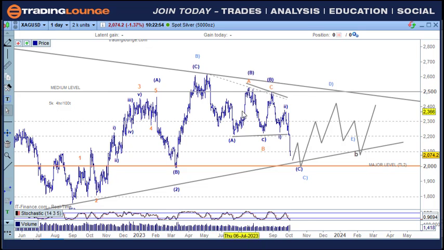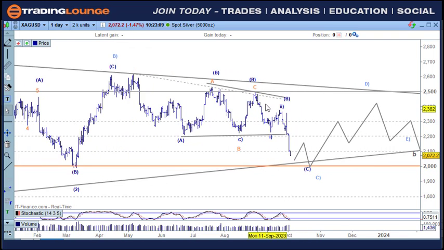You could also go an A, B, C, D, and E over here, and you could have the B wave over here for this. I don't think that's the case, because that would have to end it right here. I think there's a bit more to it than that. So at minimum here, I think we should be looking at wave 1 and 2 here, and 3 and 4 and 5 here. So we can do that pathway. So basically we're going to be bobbing down at the 2,000 USD mark here for this at least.